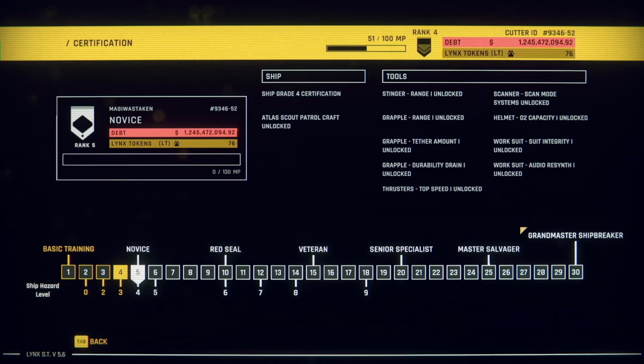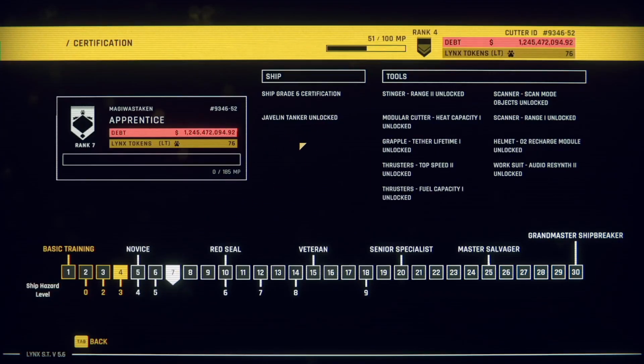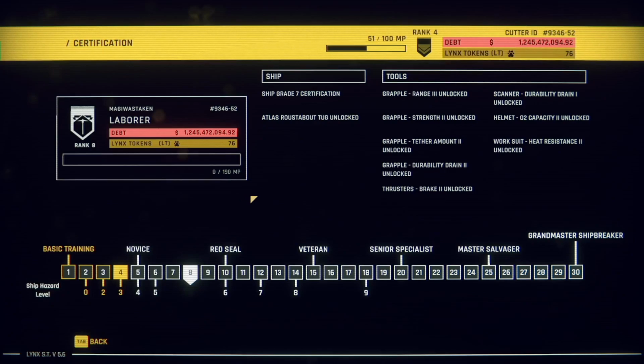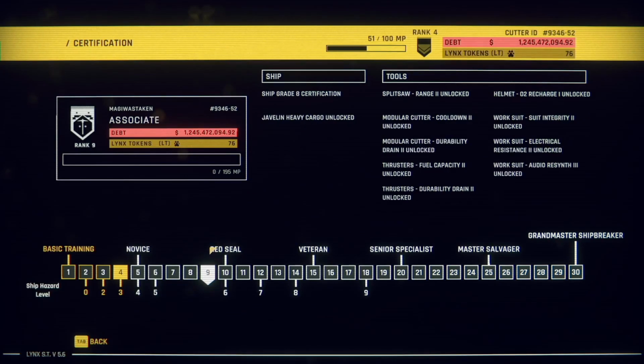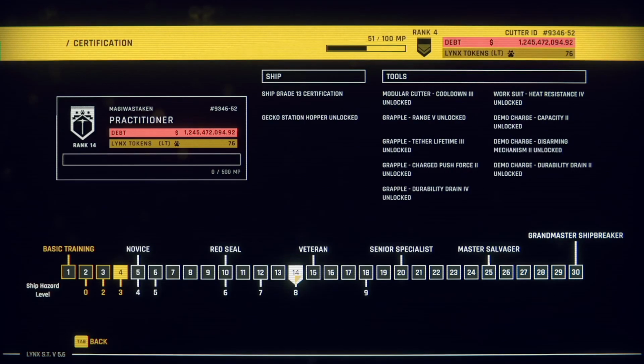And that will unlock a bunch of different tools, and the Atlas Scout Patrol Craft, which is a new ship. At 6 over here, we'll get ship grade 5 unlocked. Bunch of tool upgrades, the Atlas Nomad Cargo Hauler, and then there's the Javelin Tanker, Atlas Roustabout Tug, Javelin Heavy Cargo, and then eventually we'll reach the Gecko, which is...